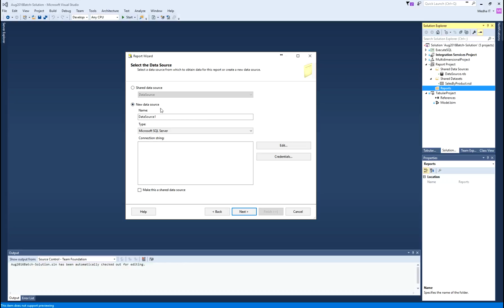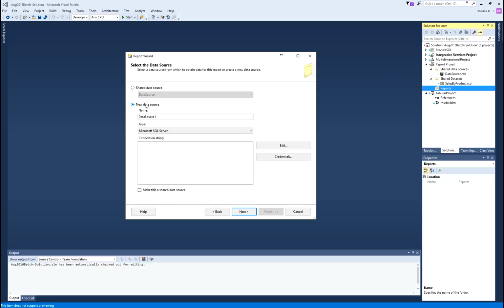When we create a new data source, it is not a shared one. That means this particular data source is accessible only through this report, the report that we are building. When we create a shared data source, that data source is accessible from any report.